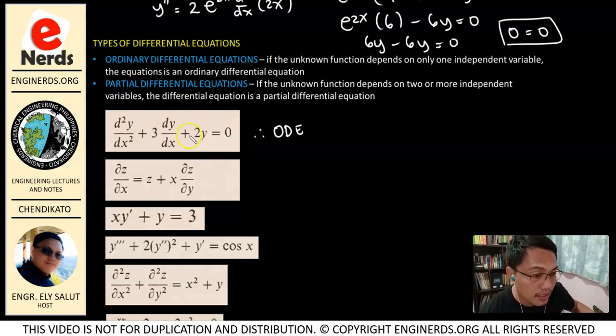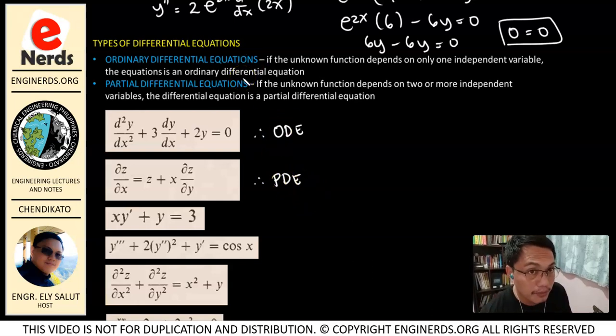This is actually a partial differential equation. First, differential equation siya dahil meron tayong derivative. Okay? So, meron tayo ditong dz over dx. But, as you can see, our variable here is 2. Okay? Meron tayong independent variable x and independent variable y. So, our z is dependent on two variables, which are x and y. So as you can see, we have dz over dx here, and we have dz over dy in here. So that means this is a partial differential equation, PDE.